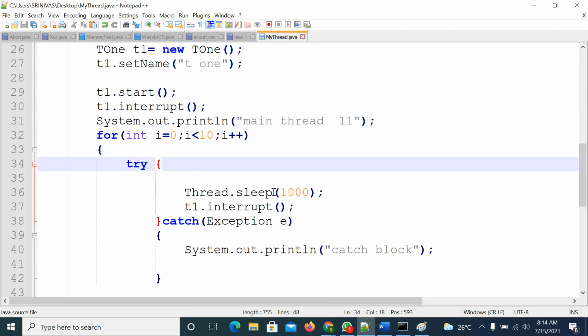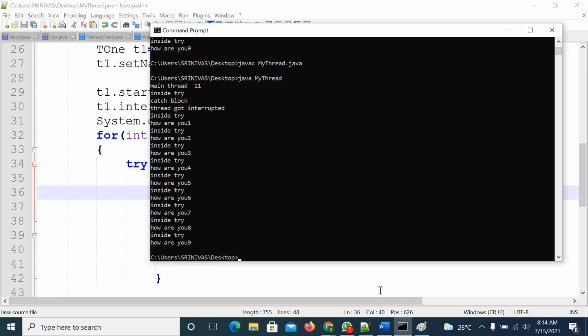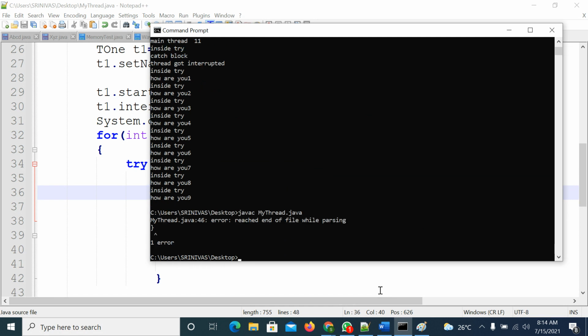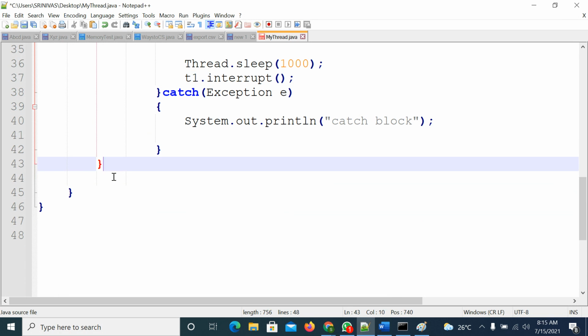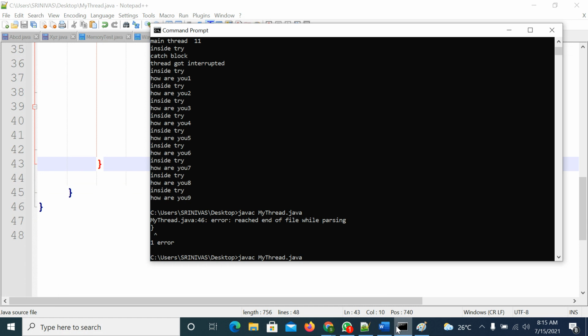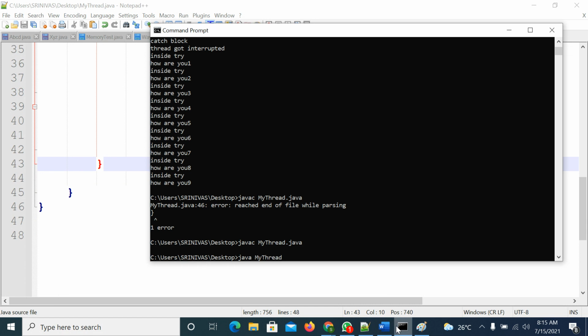So 10 times it is waiting in the waiting state. Right. We will try here. So compile the code. I think I've missed a for loop. Compile the code. Execute the code.